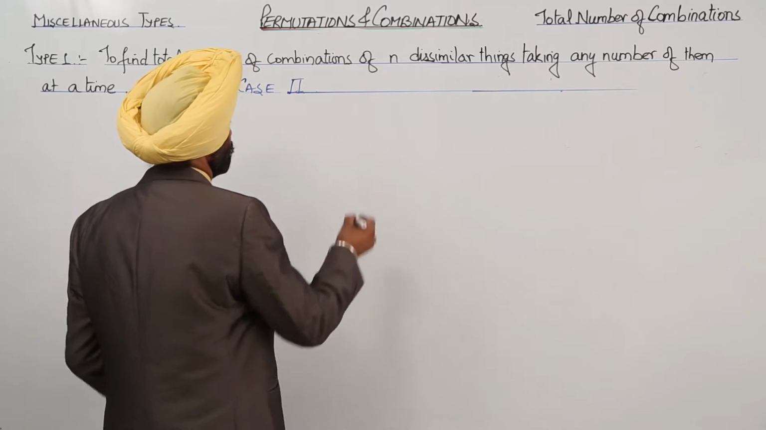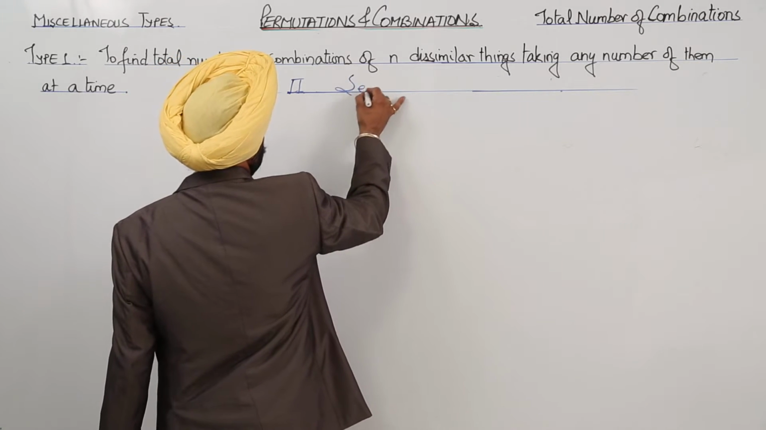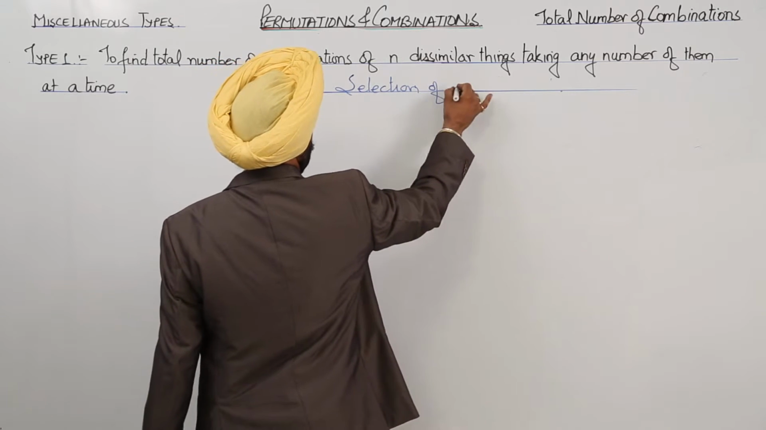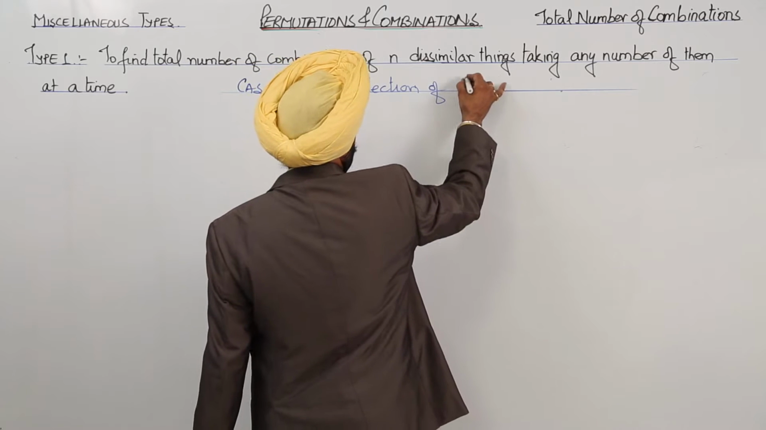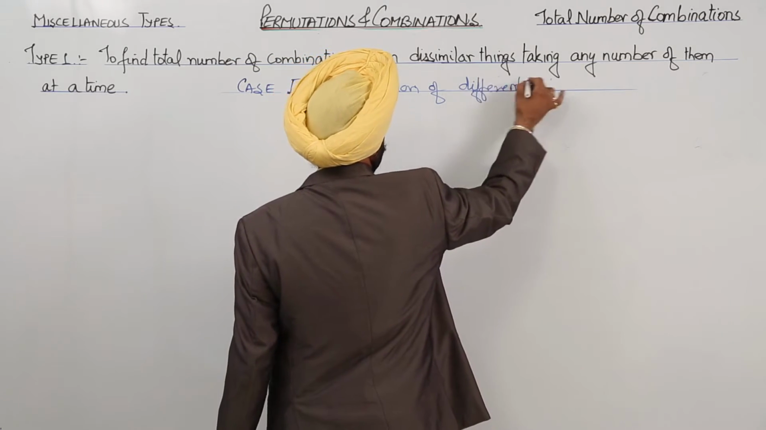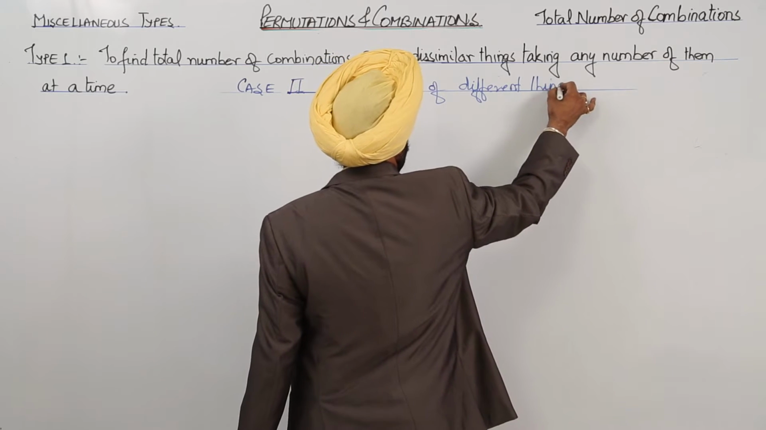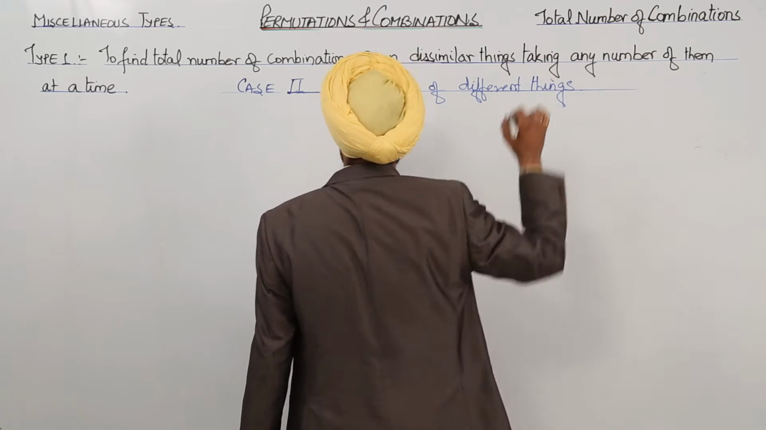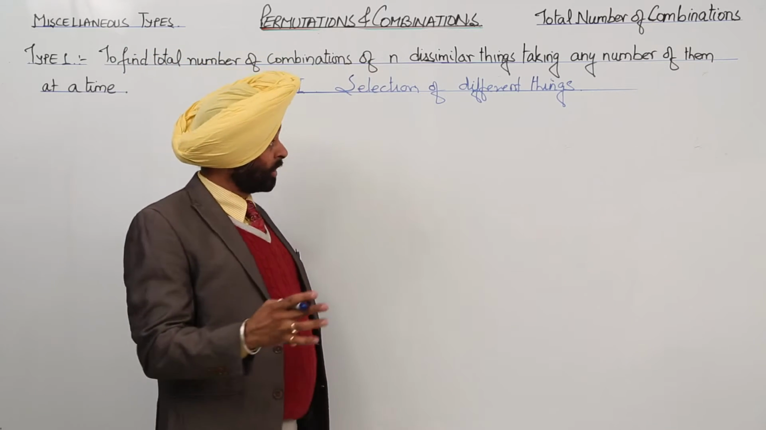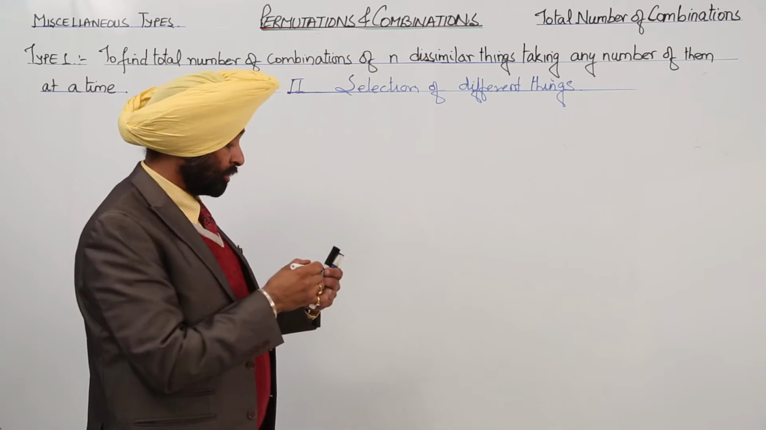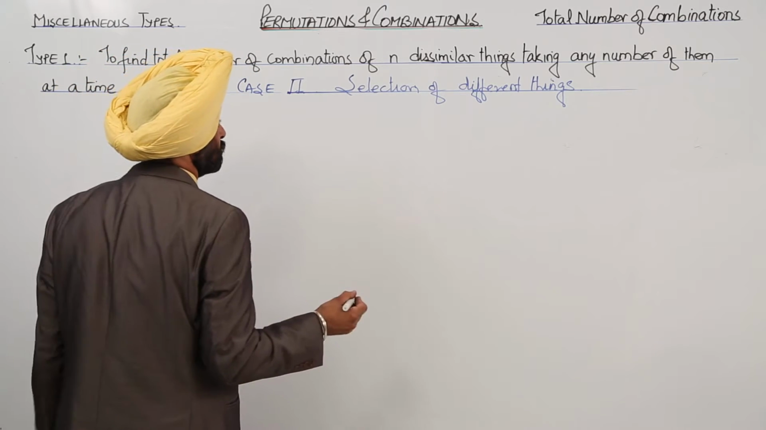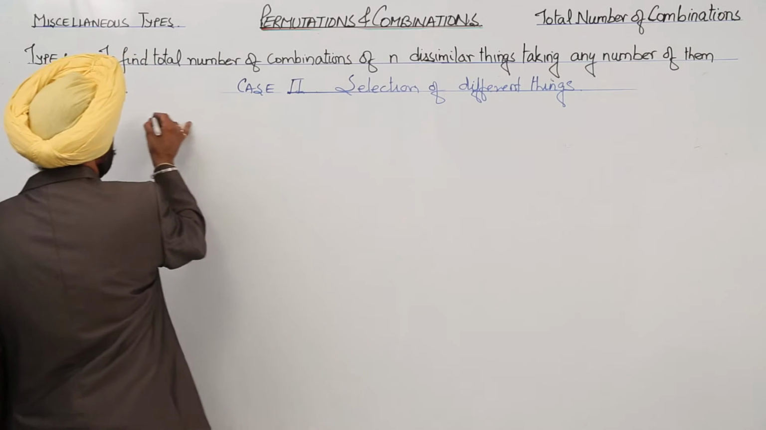Case 2 says selection of different things. Now here also, in selection of different things, we have two different possibilities, and so we are going to discuss both the possibilities. Possibility 1,